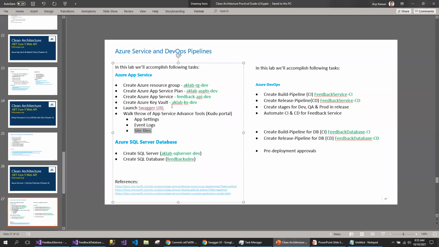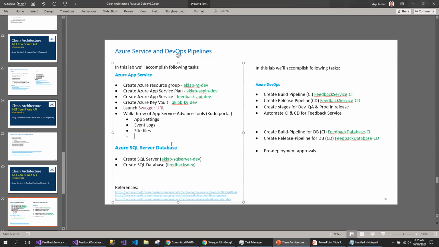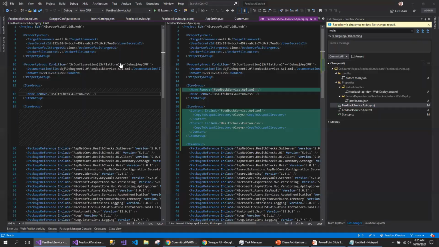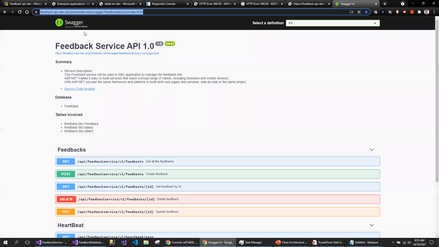Let's see where we landed. So we discussed creating the Azure App Service Resource Group, Resource Plan, App Service, Key Vault. Also launched the Swagger, fixed those issues. I've also explained the Kudu portal with the log stream. So let me also add the log stream for the service. So if I go back to my service here,